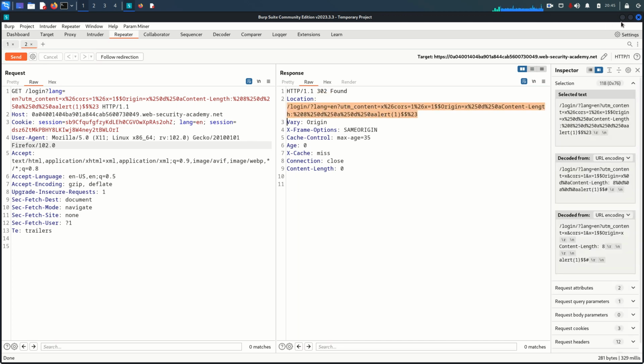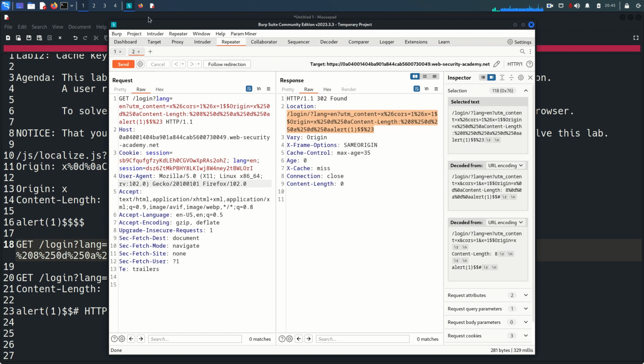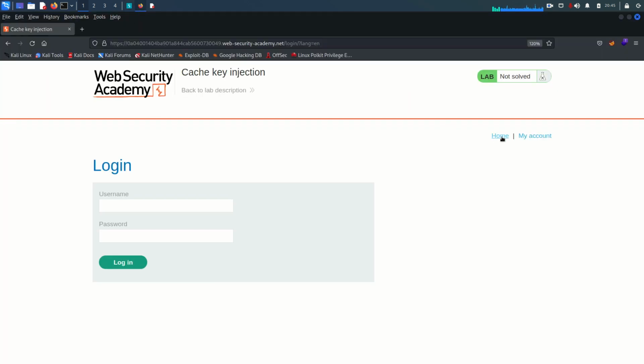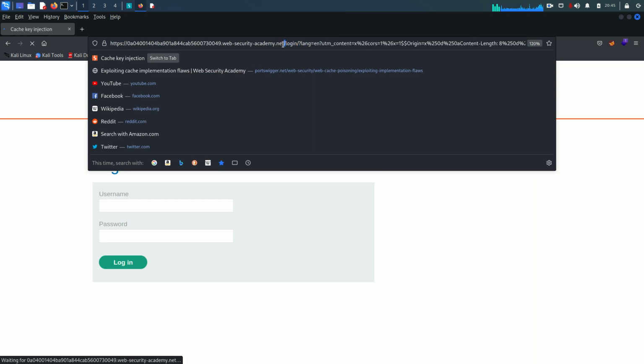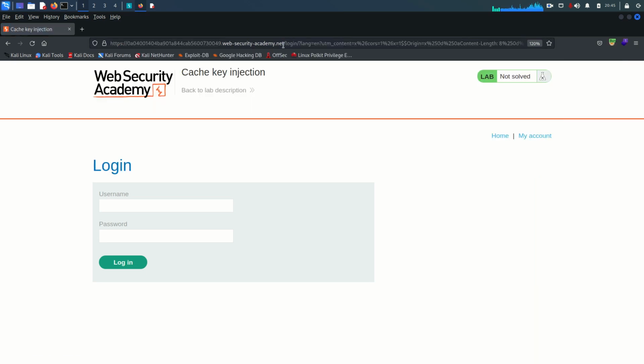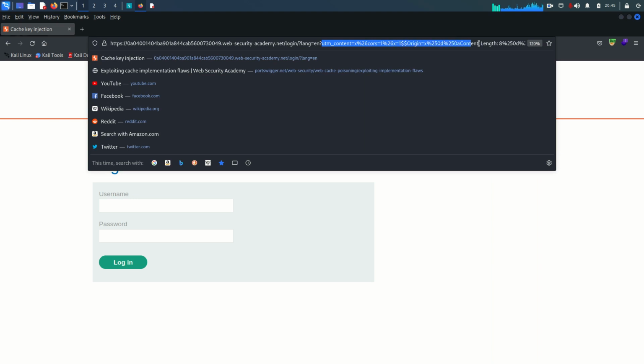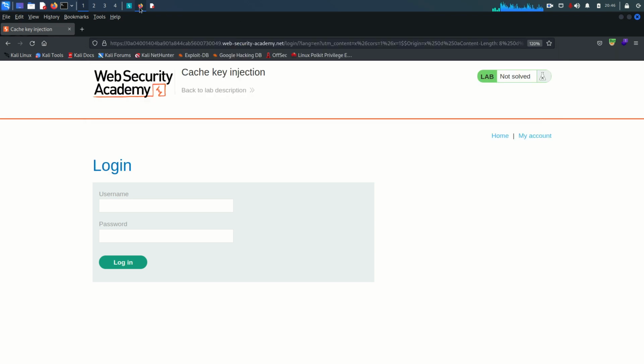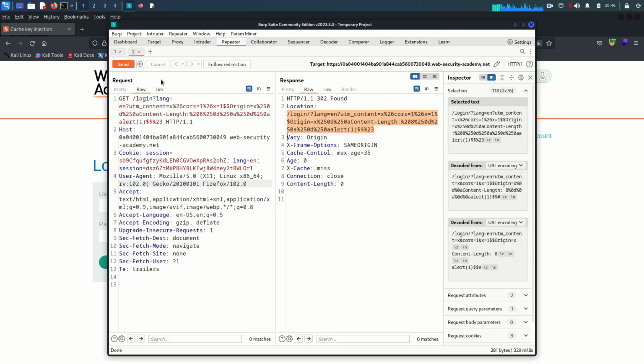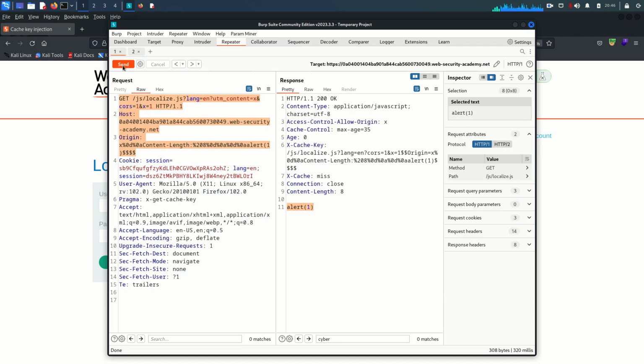Now how will you test this? We can test it by coming here. If we click on home, you see this one. Before, it was sending us here. Now it's sending us to the hacker's intended path, where the hacker wants to redirect the victim. So if you see this, that means you are on the correct way. So come back here again, send this request,